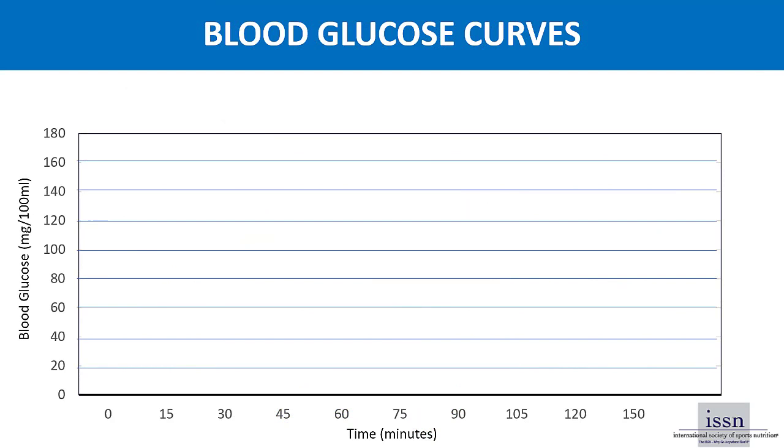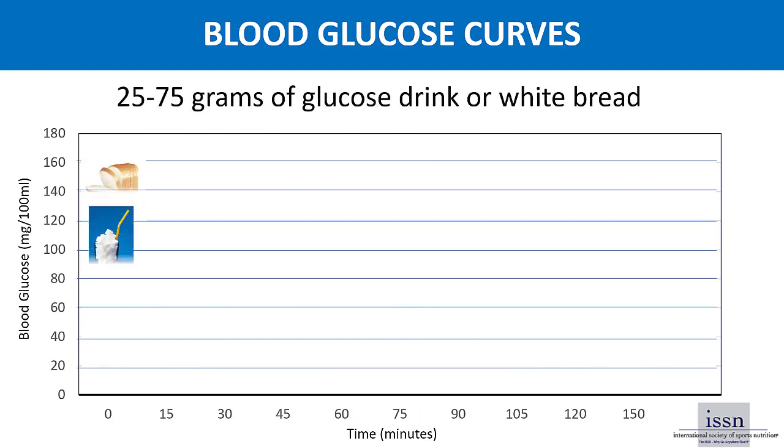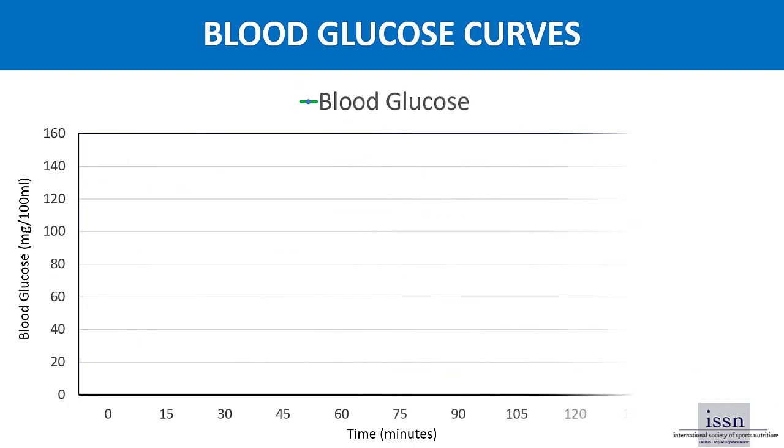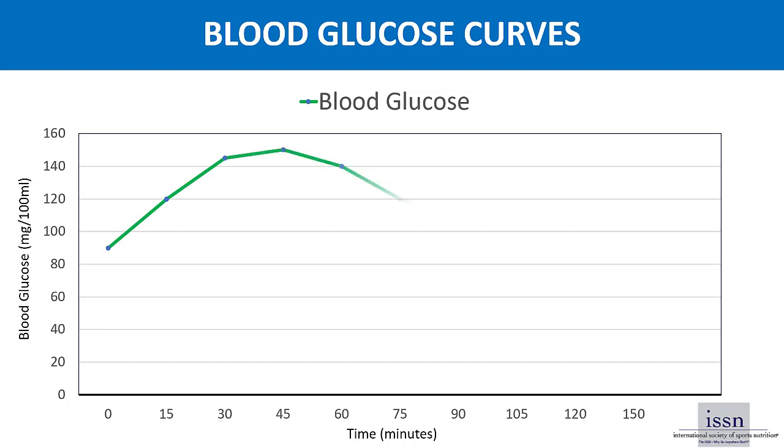To be able to visualize and measure the effects of a standardized level of carbohydrate and the actions of insulin, we can provide individuals with a standardized level of glucose in the form of a drink or the starch in white bread. Then we take blood measures of glucose at timely increments throughout a 3-hour period. This is referred to as an oral glucose tolerance test. Over those 3 hours, blood glucose levels will elevate quickly and then they'll become lowered over time.